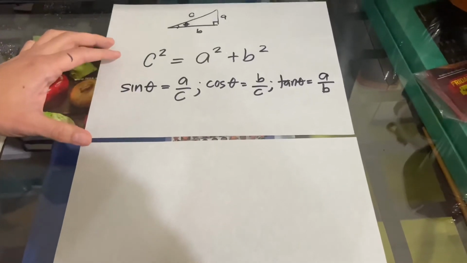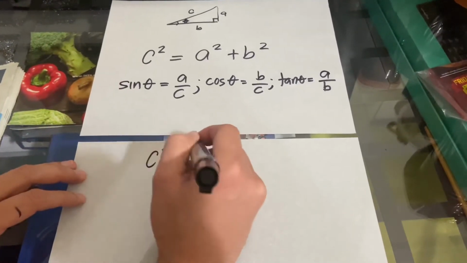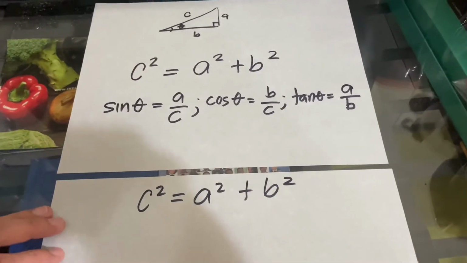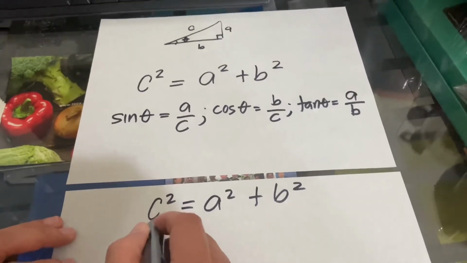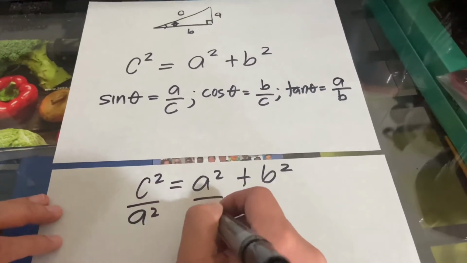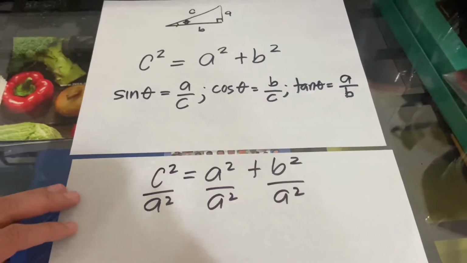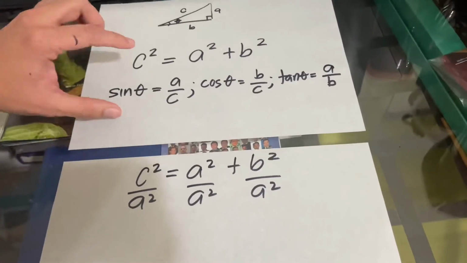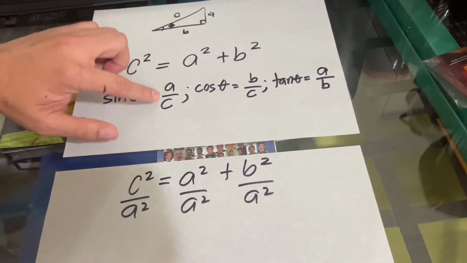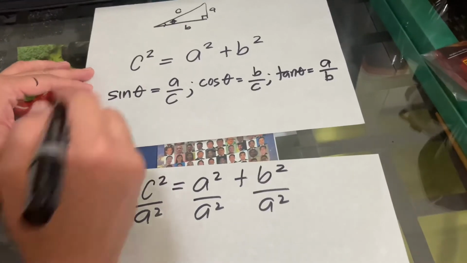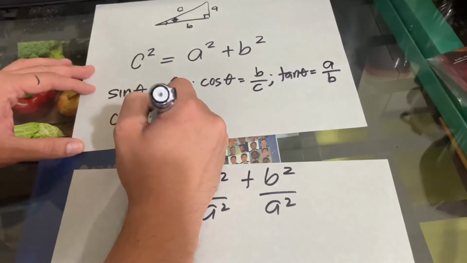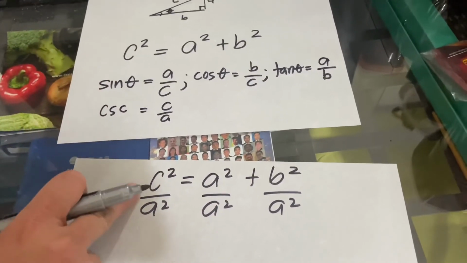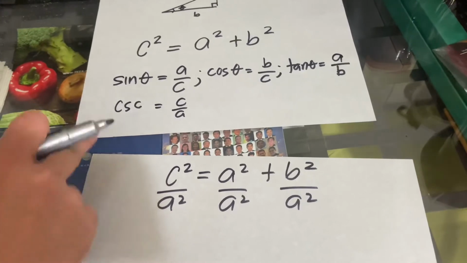So going back again to our Pythagorean theorem, let's say you have c squared is equal to a squared plus b squared. This time we will try to divide all terms by a squared. So what do we have now? C squared over a squared. C over a is cosecant, right? Cosecant is c over a, that's the reciprocal of sine. So if you have c squared over a squared, that is cosecant squared,